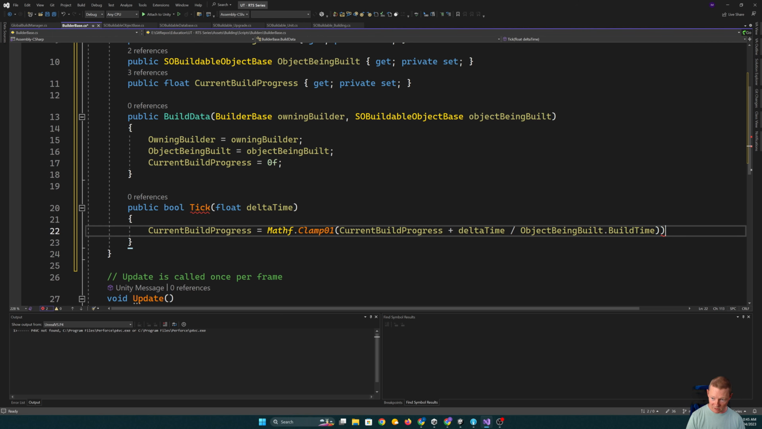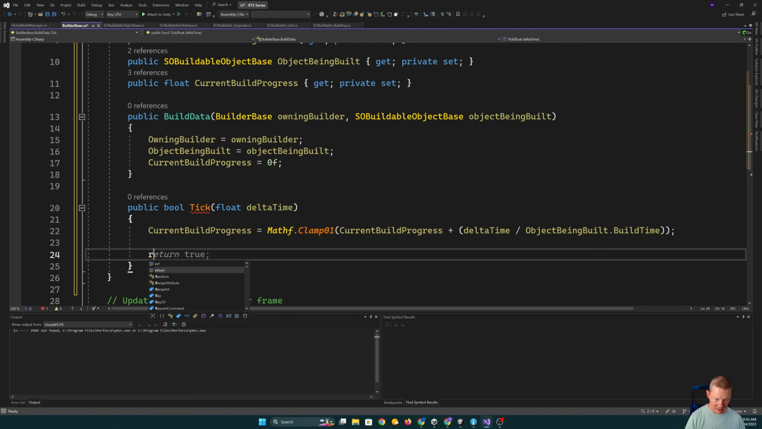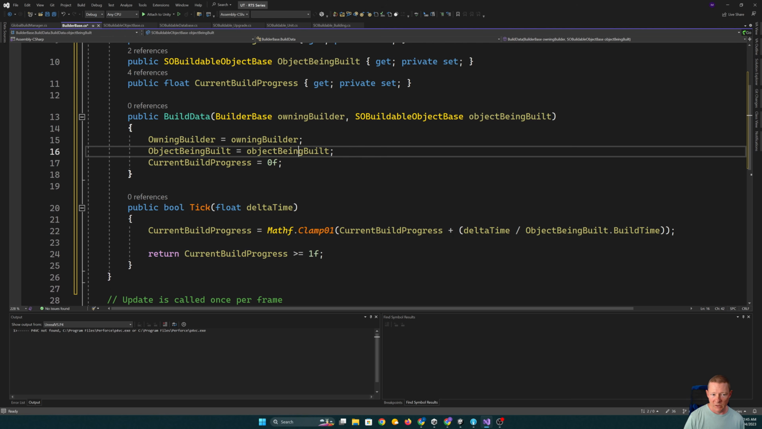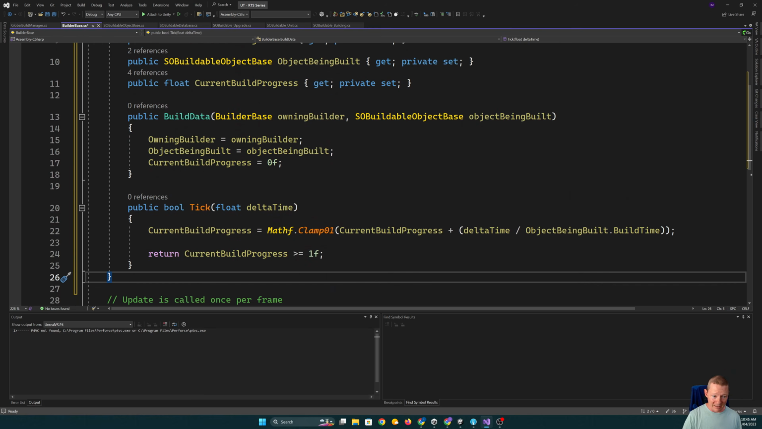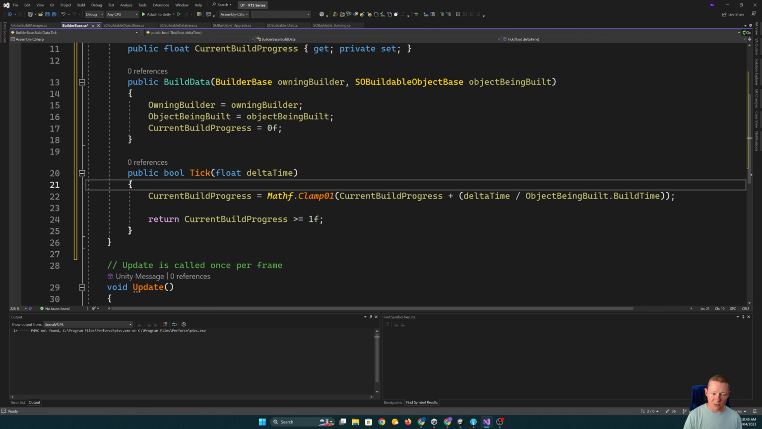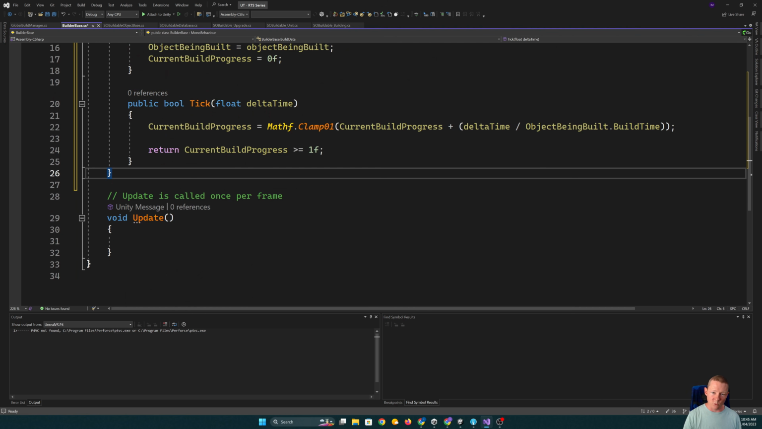So it's going to give us something that will just count up. Not that it needs it, but just because I like it being clearer, I'm going to put that in brackets. And then we'll return true if the current build progress is greater than 1. So it's good. We've got something keeping track of our build progress, and we can then tick this. I like this model of putting the ticking logic inside that internal data. It just makes it a little bit easier to work with, I find. Okay, so our builder